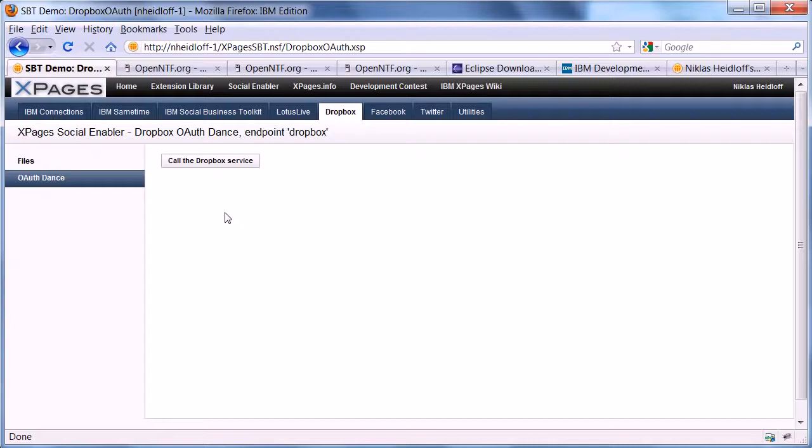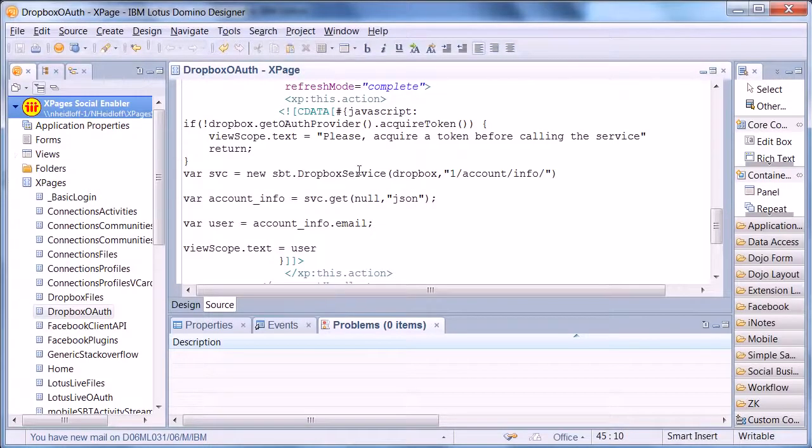Now the page that I've picked here is a page that calls a REST service using the social enabler. It calls a REST service on Dropbox, and it's very easy. It's just one line of code: get the currently authenticated user, or the user profile of the current user. So let's take a look how that looks like in Designer. So this is the same XPage that you just saw,